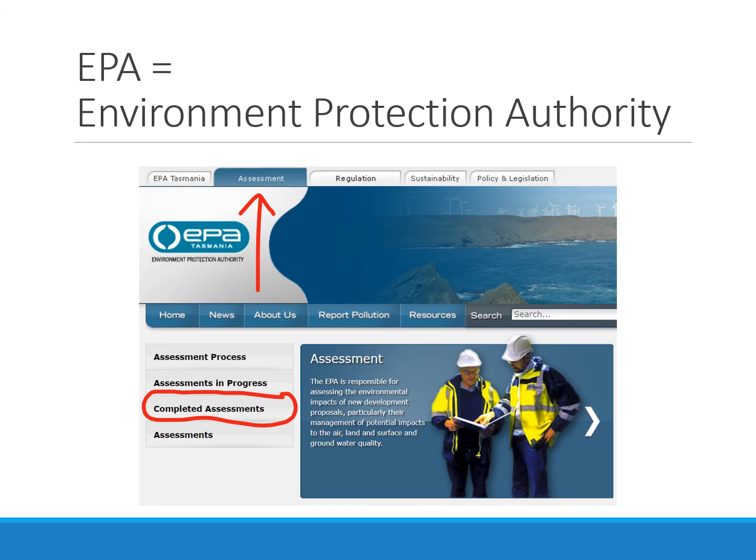Go to the assessments tab, which is the second one in. I think the homepage probably just lands you on EPA Tasmania. Go to the next one in, and there's all sorts of interesting information here about the process. Lots and lots of details about assessments that have been made. Yeah, quite a rich source of information about what happens when somebody proposes something that has quite a high likelihood of impacting the environment.